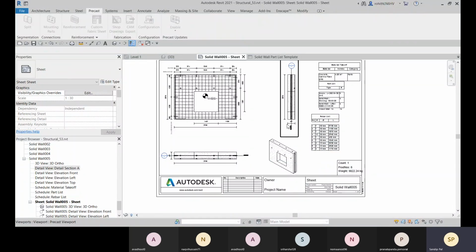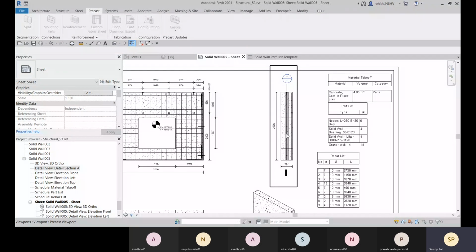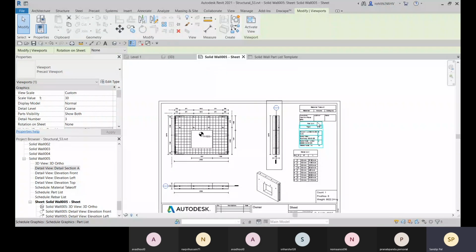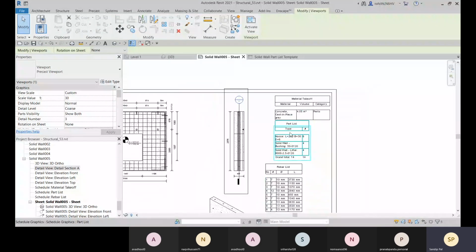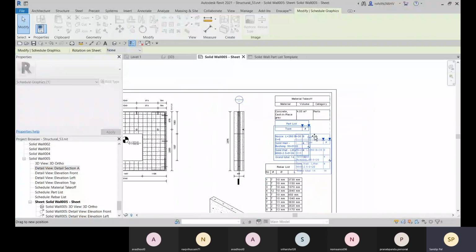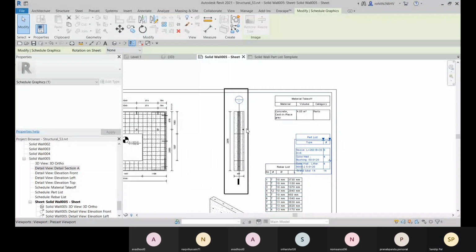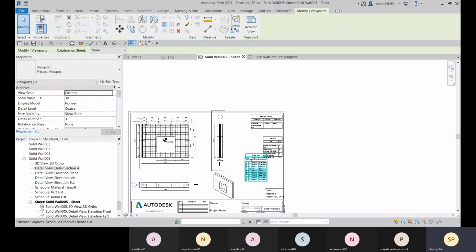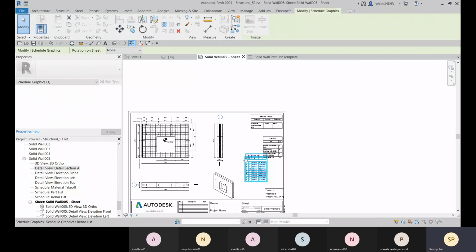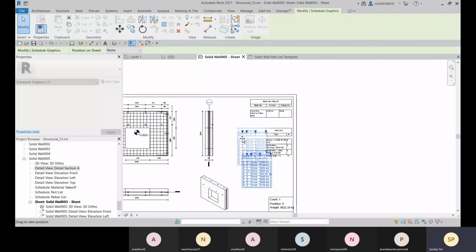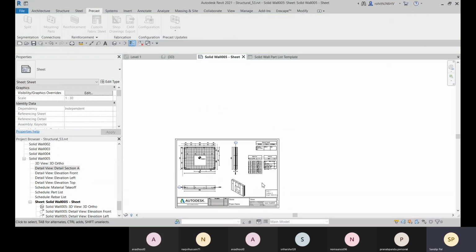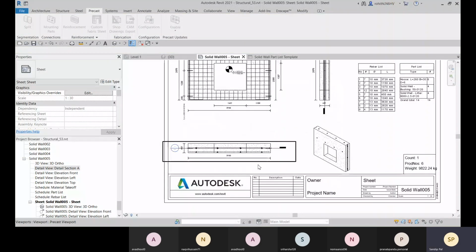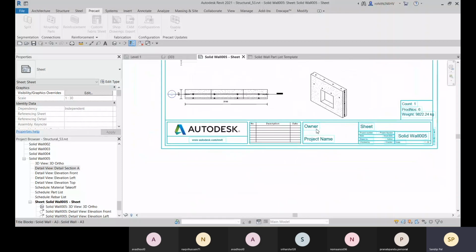Here you can see that these views are created, and this is the material takeoff for this particular one, and the rebar list is there. Let me just remove it to the side, and let me place it over there. You can include all the project details and information over there.